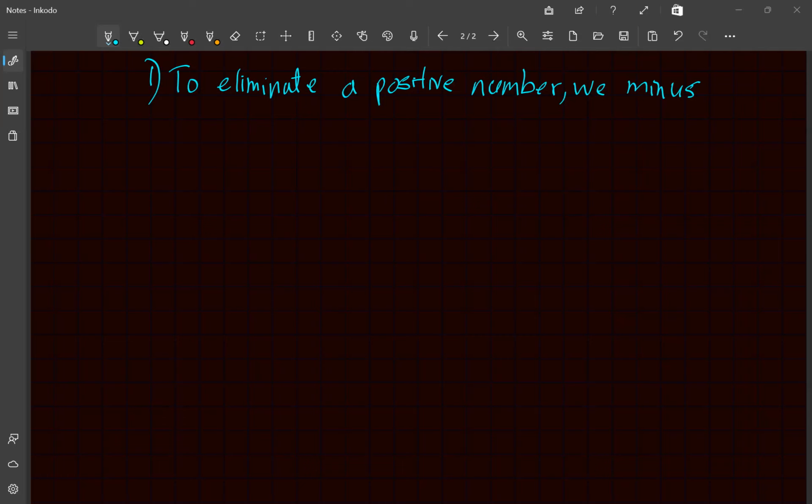So let's have a look at the ways we can manipulate equations. Firstly, to eliminate a positive number, we minus. Let's say we had x plus 2 is equal to 4. To solve, we needed x to be by itself, so we need to eliminate this 2. So I would minus 2,